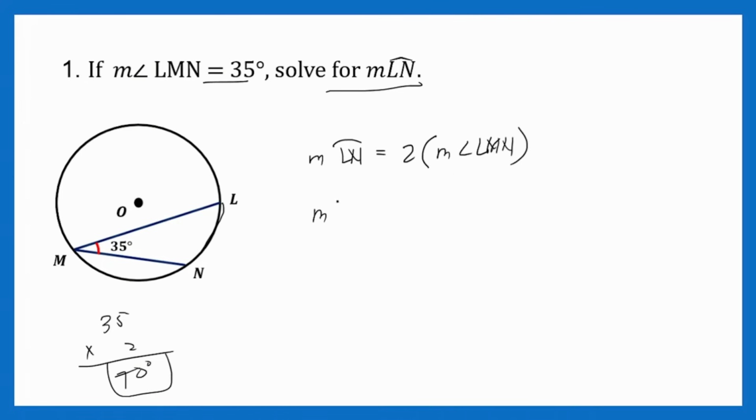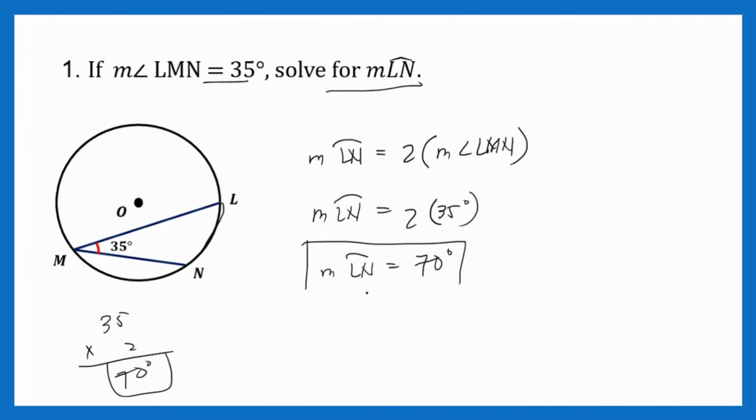Now, let's have measure of arc LN. Substitute mo lang. Ito kasi ay hindi pa naman alam, so wala pa siyang value. So, yung 2, tapos yung measurement of LMN is 35 degrees. Times mo lang. Ayan, para lang meron kayong solution. 2 times 35, that is 70 degrees. That is now the final answer. Pero kung hindi na naman siguro hinahanap ng teacher ang solution, for as long as naman alam mo kung paano i-explain kay teacher kung paano mo siya nakuha, then pwede na. 70. Alright. So, that's it for number 1.